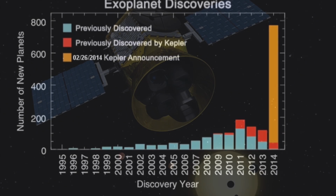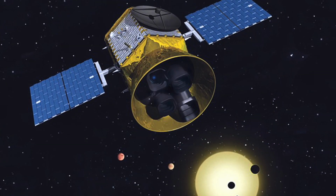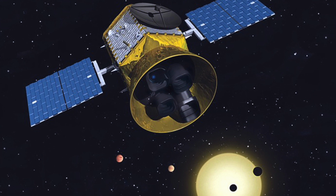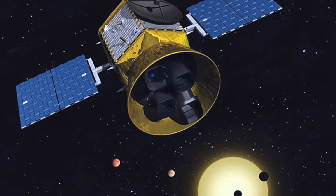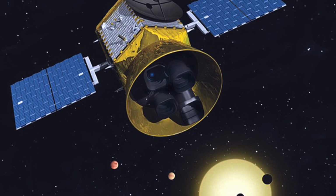Despite the retirement of Kepler, NASA launched a new mission called TESS, Transiting Exoplanet Survey Satellite, in 2018 to continue the search for exoplanets. The Kepler Space Telescope has a mass of 1,039 kilograms,